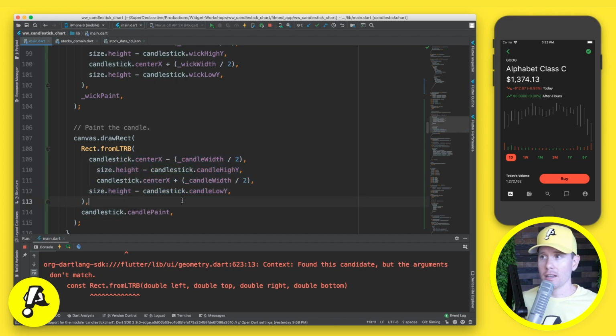Because when we run this, it's going to paint what we expect it to paint, even when these two values are inverted. Anytime that we have a loss, this math is correct. But anytime that we have a gain, technically we should reverse these because the close will be higher than the open. Again, the painting system apparently can figure this out. You should do better in your code so that your developers don't get confused, but we're going to be just fine